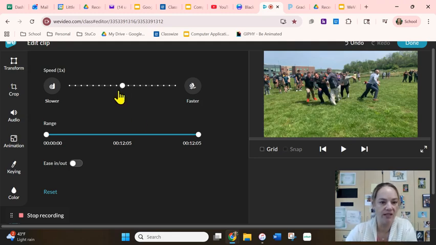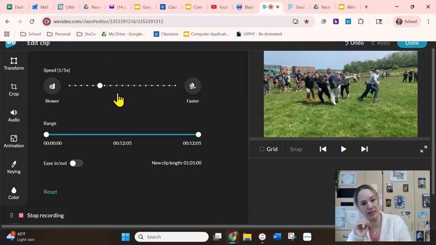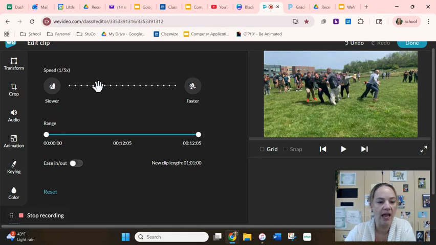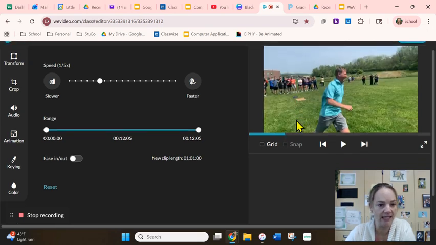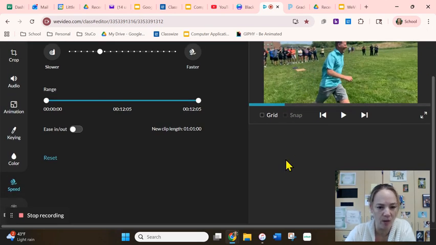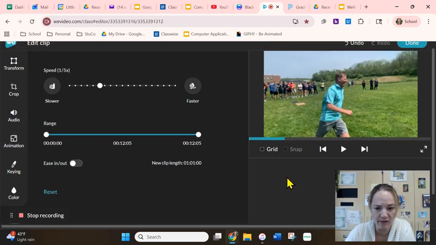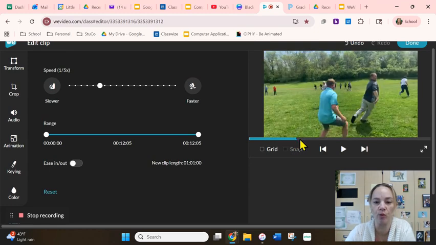I think I'm going to want it to slow down. And this is kind of just a lot of trial and error. I haven't found a way to figure out how to get it to work exactly right the first time. So go ahead and adjust your speed, whether you want it to slow down or go faster. I just kind of picked a random one there. And then you have to find the part in the video that you want that to take place. So this is another part where I get confused. So I want to find the part where Eckstein actually throws